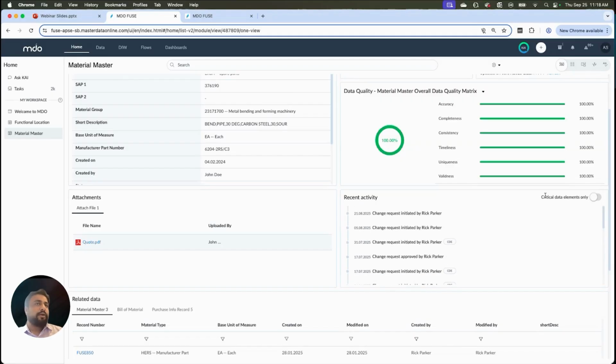Furthermore, we have an option of viewing the critical data elements. So that's a concept basically of analyzing your key fields. From a data perspective, there are certain fields, if those fields are changed, they have a big downstream impact, or those are like the mandatory fields. If they are not available or are not filled correctly, that can cause issues throughout the other systems as well.